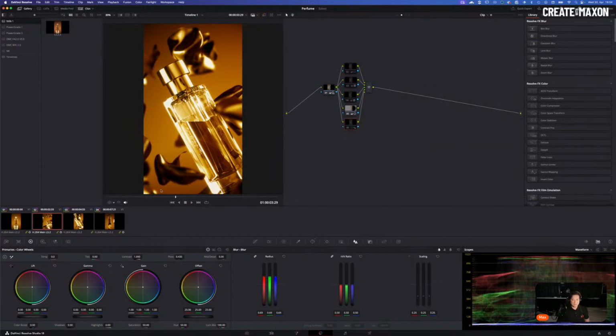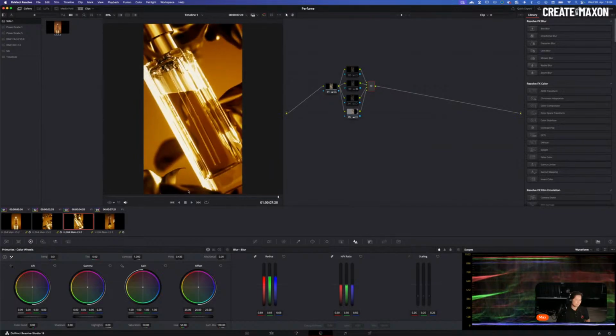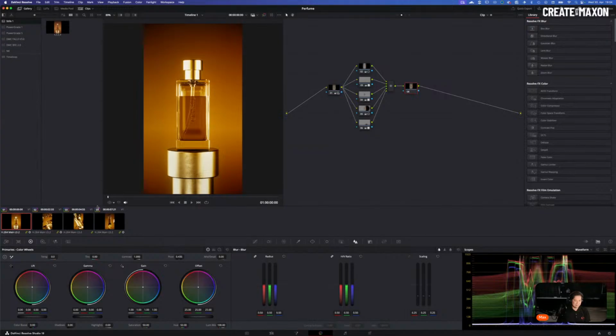And if I want to, I can just copy this one exactly onto this one, because it is exactly the same shot, right? And that was it. That's the grade. That is literally the grade. So if I play, let me remove my screen. No. If I play the clip,